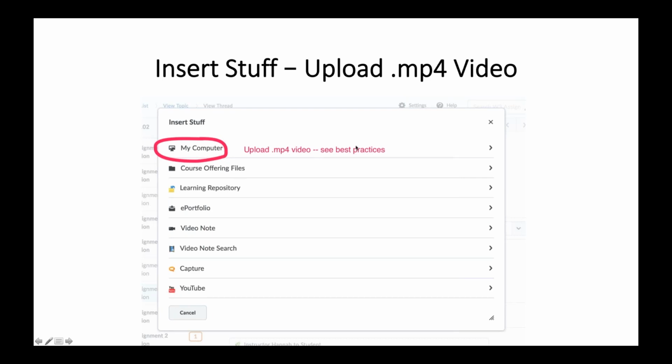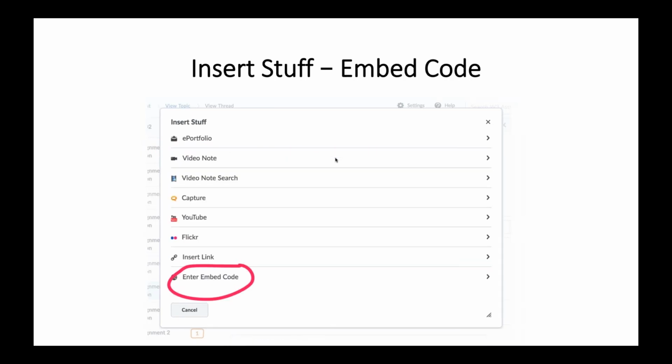There are some best practices about this that are on the Word document that you'll need to just look over. You have to make sure to determine the pixel length, for example, and it has to be an MP4, but it's super, super simple. And then you might be using a program that gives you an embed code, HTML code. Insert stuff, again, is your area to just click on that.